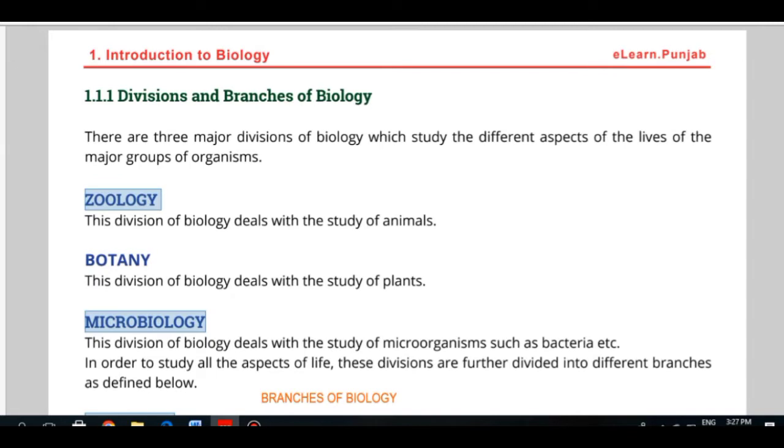So we have a subtopic over here in the introduction to biology. First is the divisions of biology, and then we will discuss the branches of biology. Divisions of biology also frequently comes as a short question. Often I have seen in papers that they have asked a long question on divisions too, that is their choice. We only have these 3 main divisions that we have to explain.